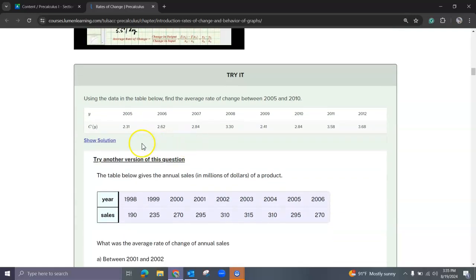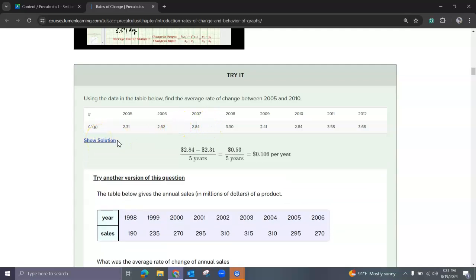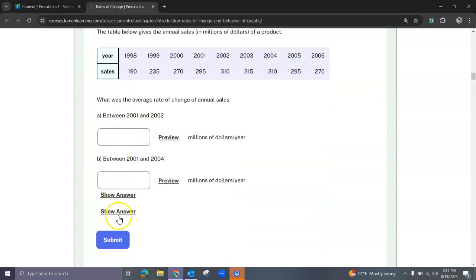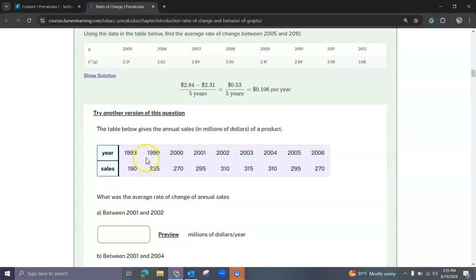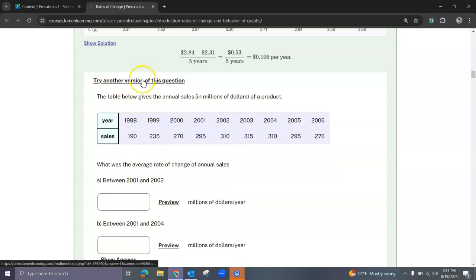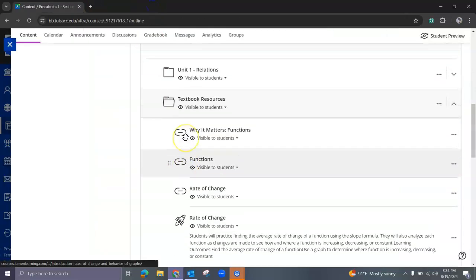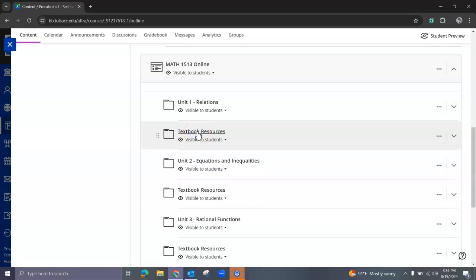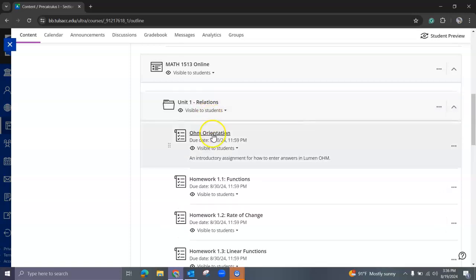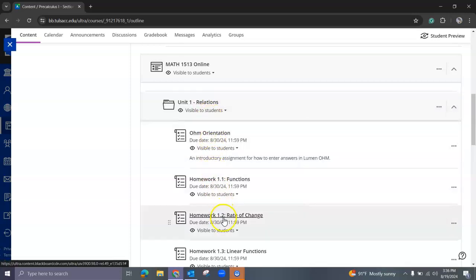There are videos in here, and then there's one where you can try it, where you can look at this and try to figure out what you think the answer is, and then you can see the solution. Same thing here, where you can try and then retry another version of this question. So these resources are all in here, and like I said, the way that this is done is when you click into the online content, the homework is going to be in here, and your textbook sections are going to be here. So if I click in here to relations,